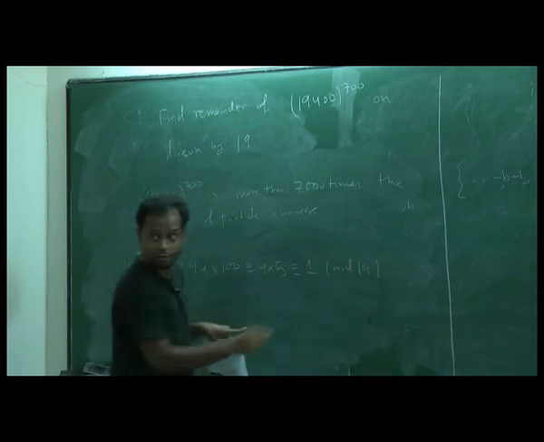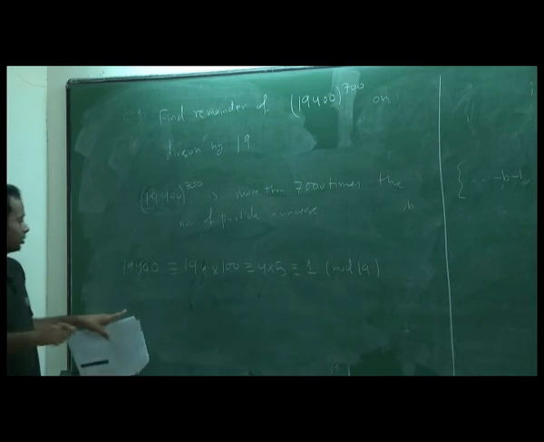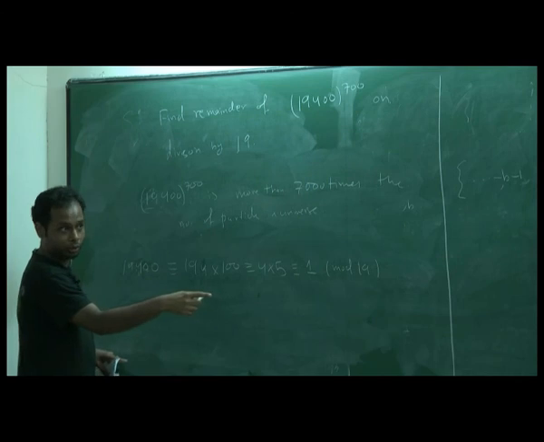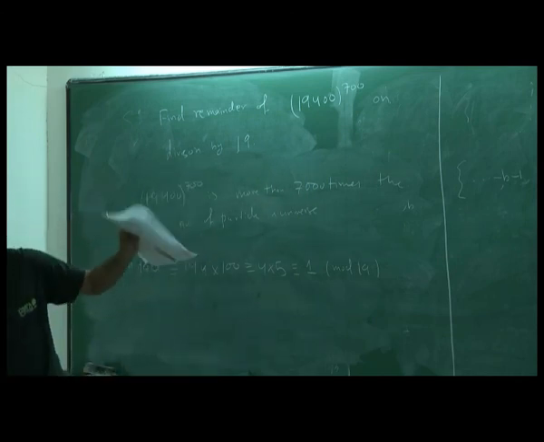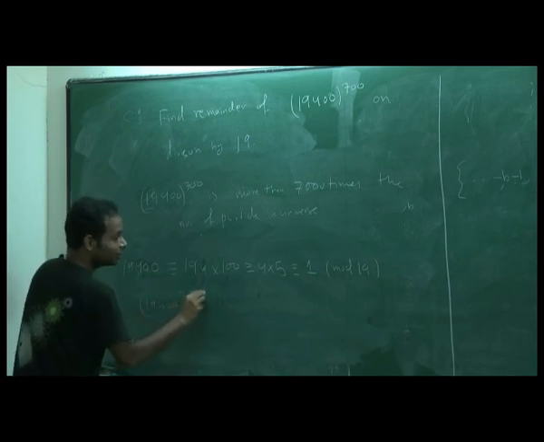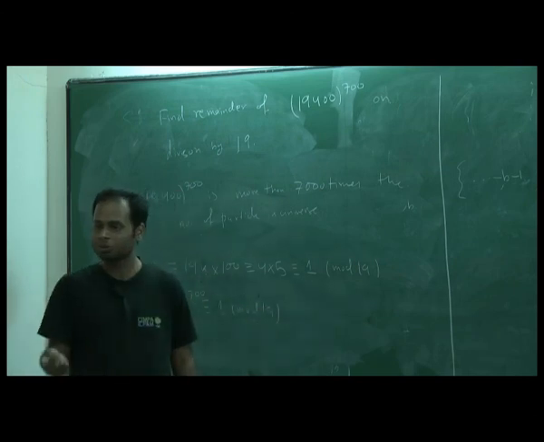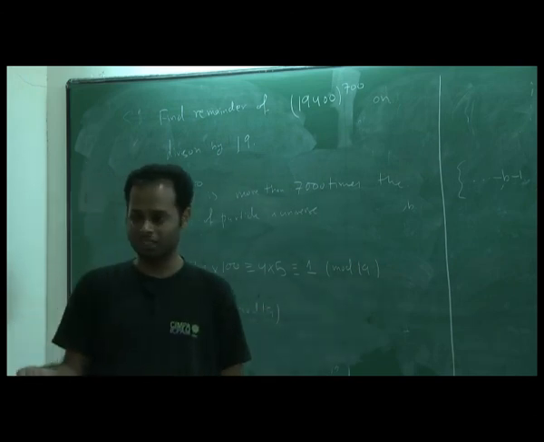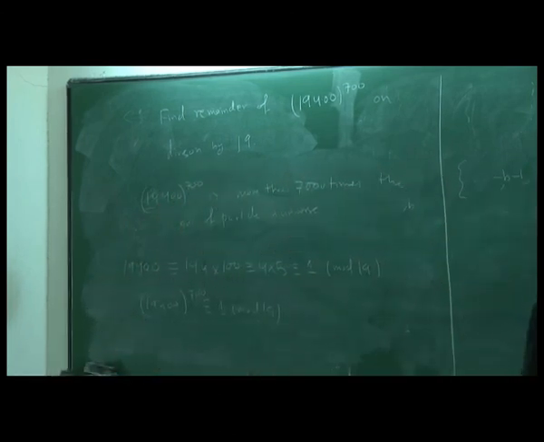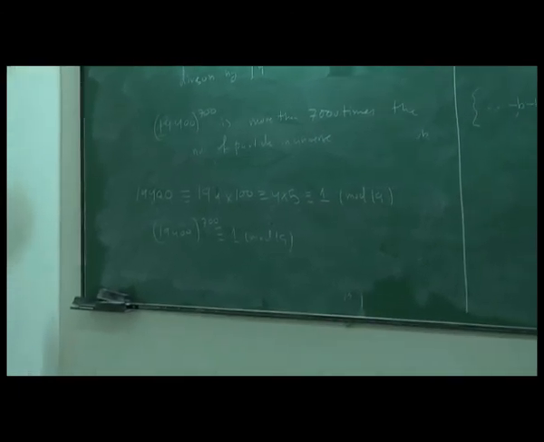Did everyone get this? Okay, so this proves it. Since this is congruent to 1 mod 19, by the last property, property 5, I prove that 194,000 power 700 is congruent to 1 mod 19. So we proved it in less than half a minute, in a few seconds. You can solve a number so big in a few seconds, and that's the power of congruences. So you should learn this congruence much more clearly.